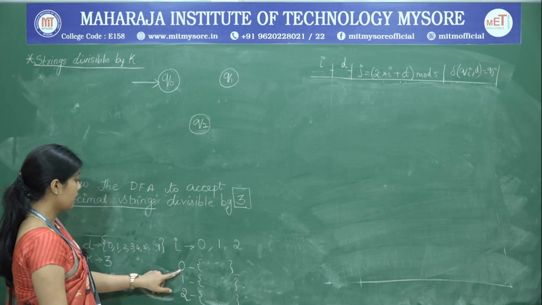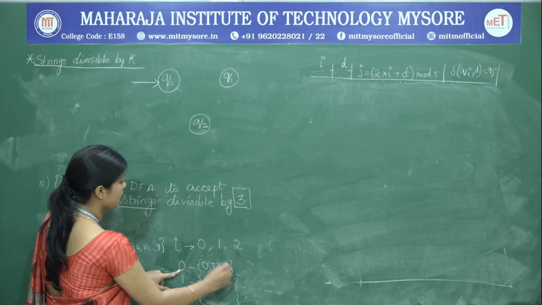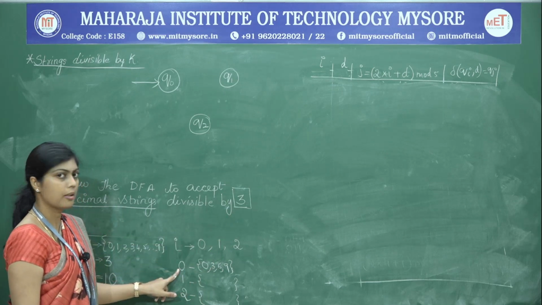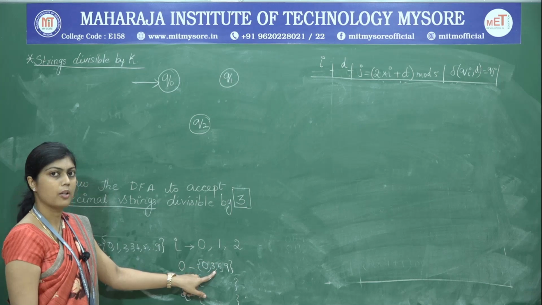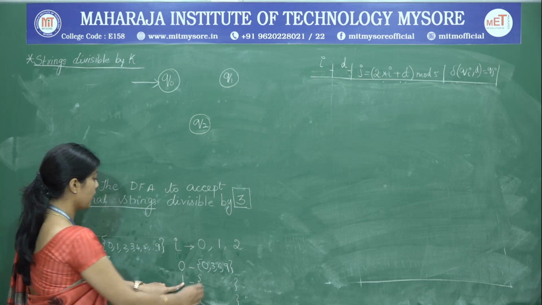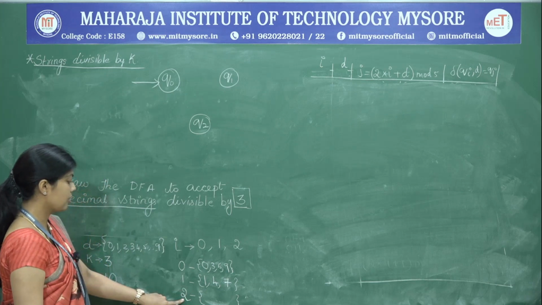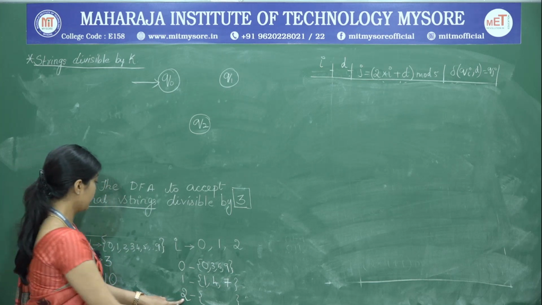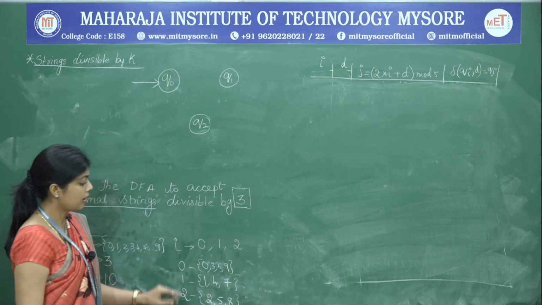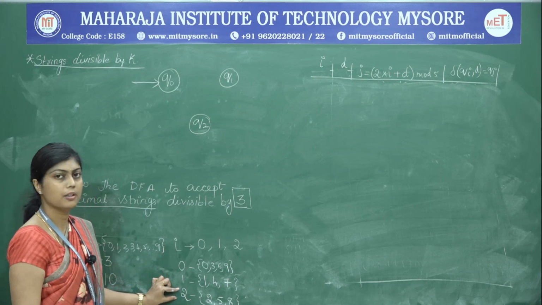Everything that results in a 0 remainder is 0, 3, 6 and 9. All these digits, when we take modulo 3, give us remainder 0, so all of them are going to have the same transitions. Next, anything that results in a 1 is 1, 4 and 7. Any digit that results in the remainder 2 is 2, 5 and 8. So it is enough to find the transition for the first group, second group and third group.